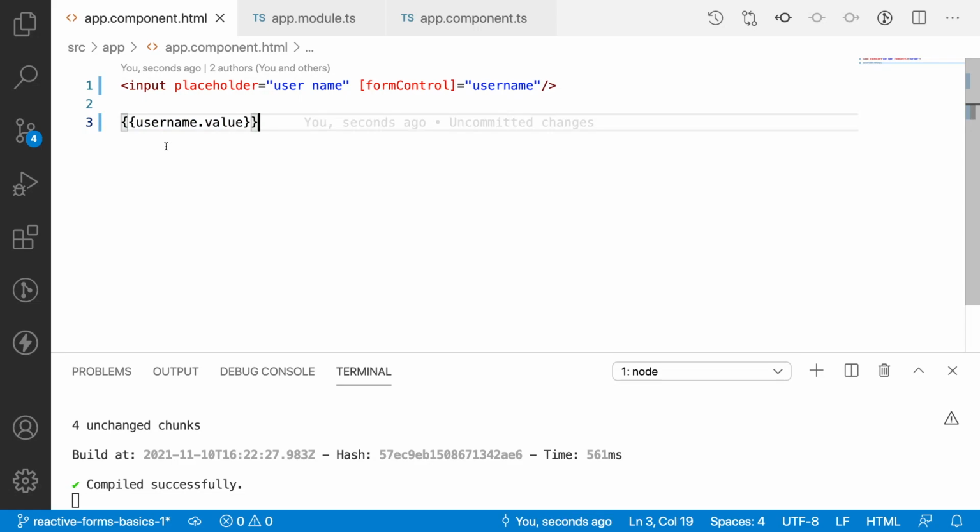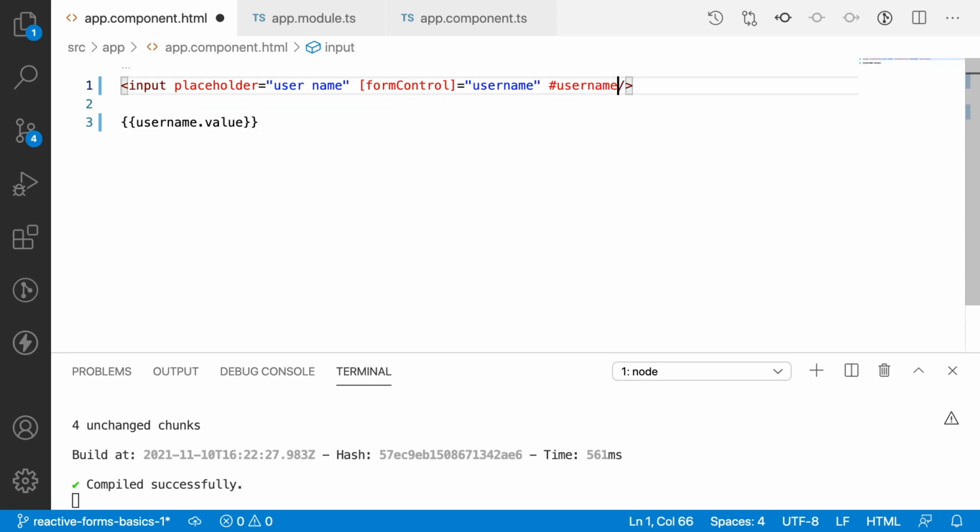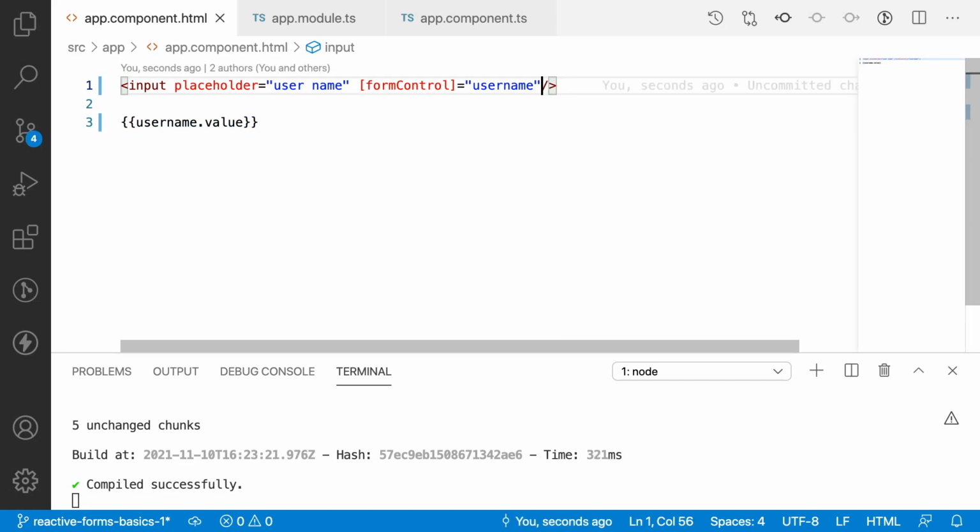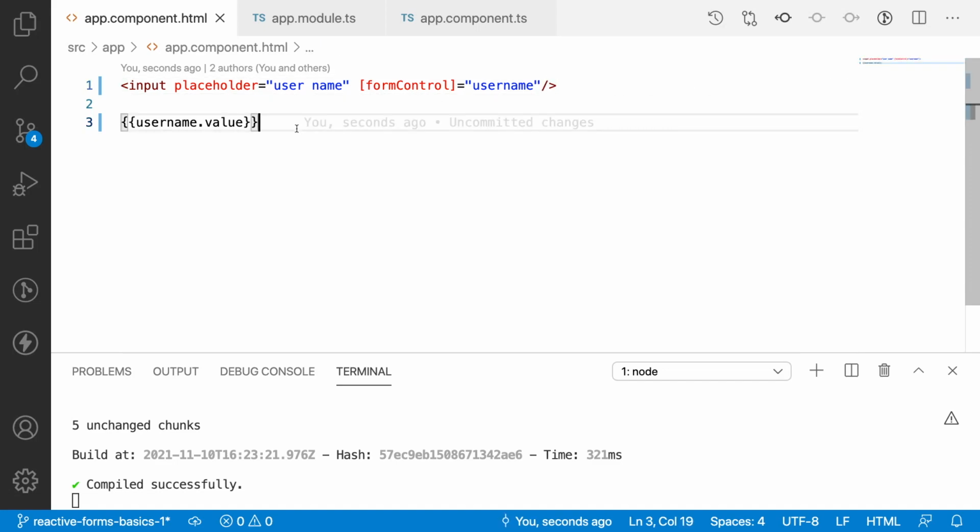But one of the differences is, whenever we are using ng model, it can be bound here, and whenever you want to validate something, we have to write a hash, something like #username equal to ngModel. So we create an extra attribute for that field to access that field element's properties. That is how a form control differs from ng model. With a form control, you can handle everything, that means the whole input field can be accessed from that form control. So this is how you can create two-way data binding in reactive forms.